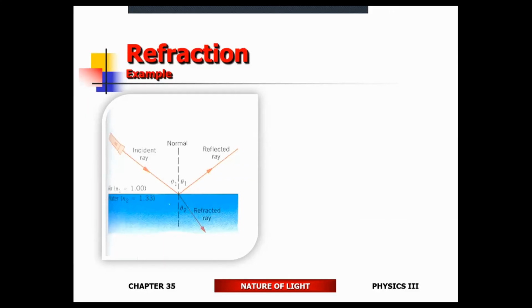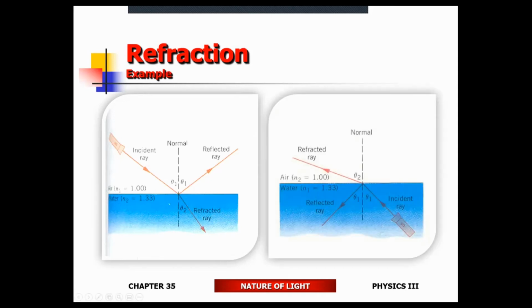All right, what do I want to do with this one? All right, let's use Snell's law. I think we should do a few problems, at least one. All right, angle of incidence. Here's the refracted ray. In this case, the light source is in air. In the second case, the light source is going to be in water, so it gets refracted away.